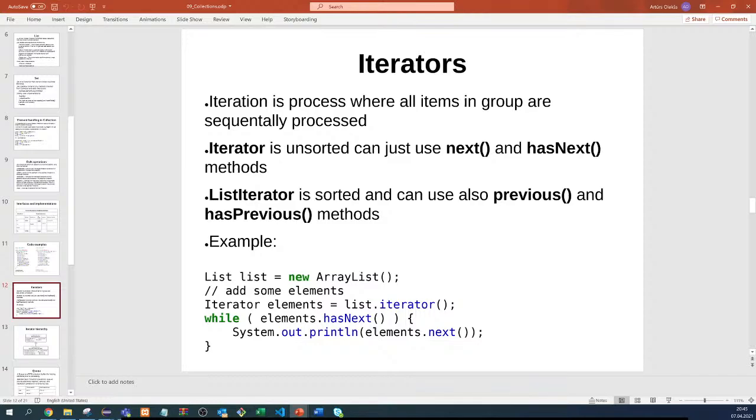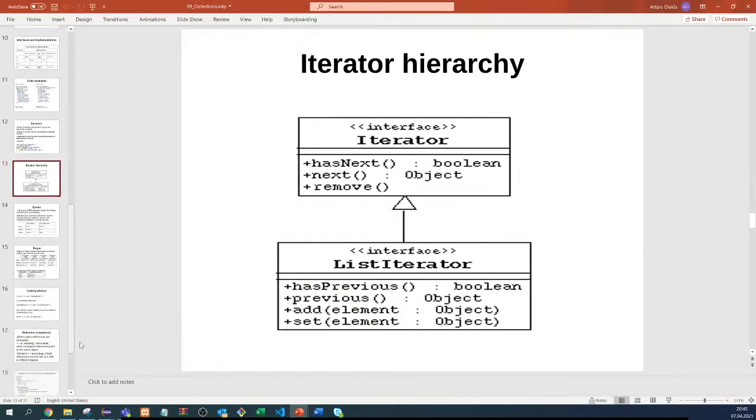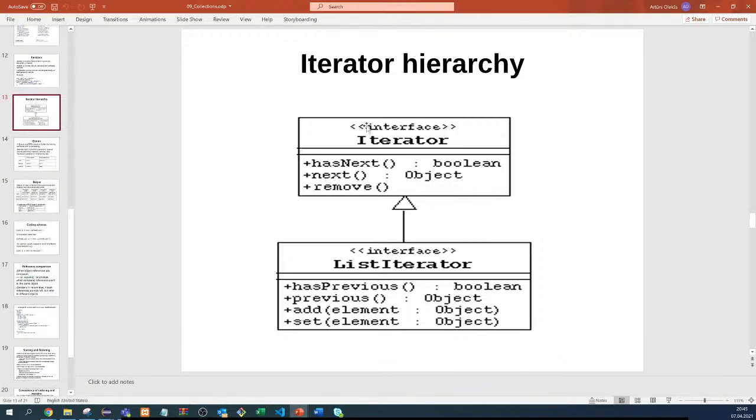You all know it. We use the iterator, we get the iterator, and then we just go through all the elements there. This is how the hierarchy looks. Yeah, we can use Iterator, but in addition, sometimes for the lists, again, we can use ListIterator, and there's also add and set element, if needed,